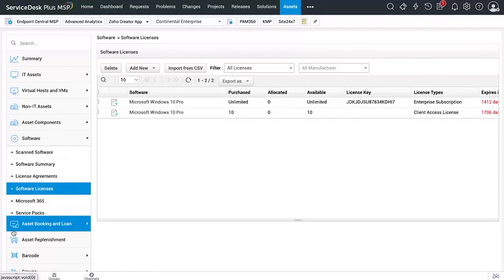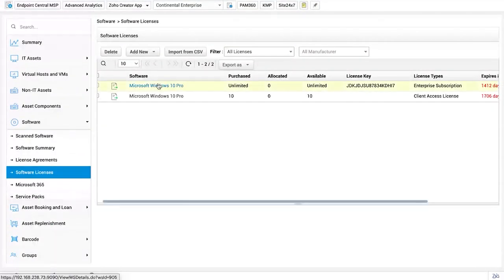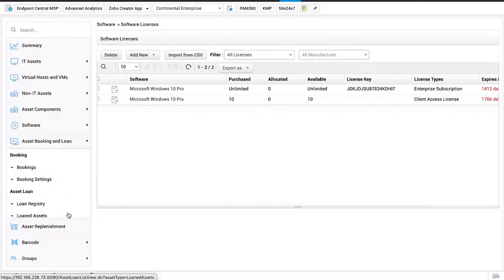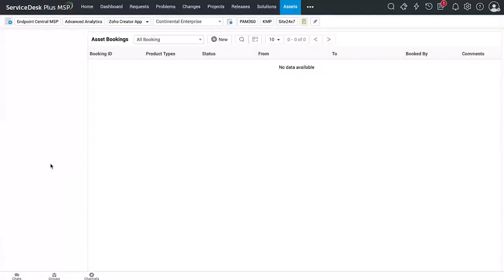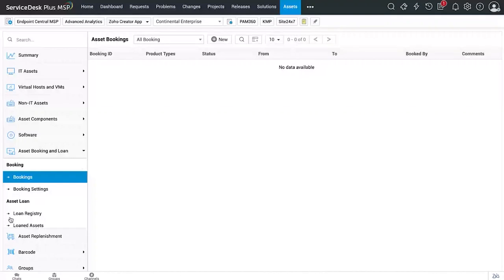IT infrastructure. Further, with the help of this IT asset management module, you can also allow your end users to book certain IT assets, right? And you can also choose to loan certain IT assets to your end users based on their requirement. Now, what's asset booking? So say